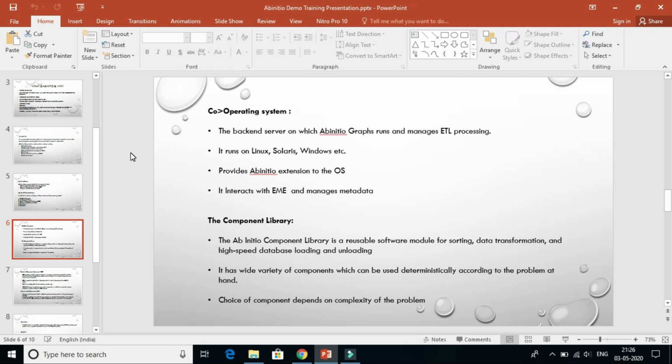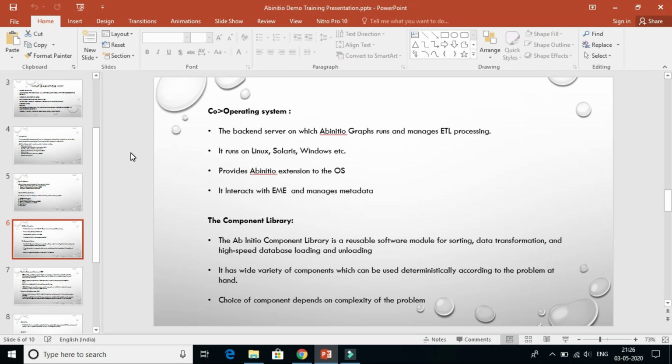So the operating system which enables Ab Initio GDE or Ab Initio software has to be installed in the system first. That is nothing but the cooperating system, the backend server on which Ab Initio runs and manages ETL processing. It can run on Linux, Solaris, Windows, etc.